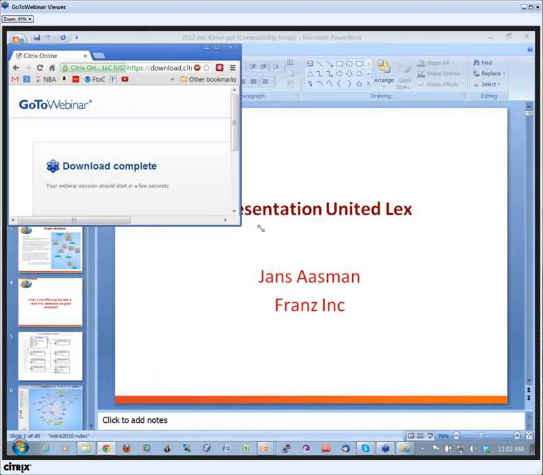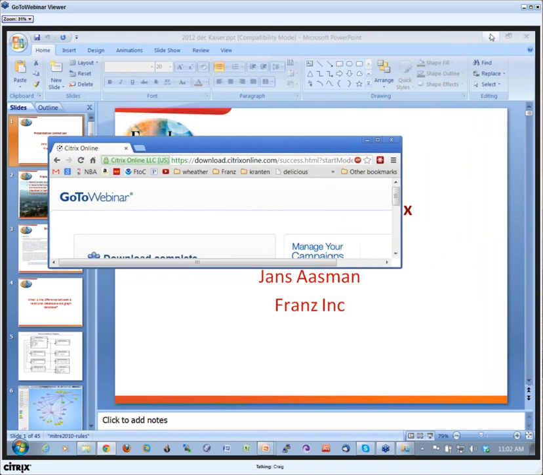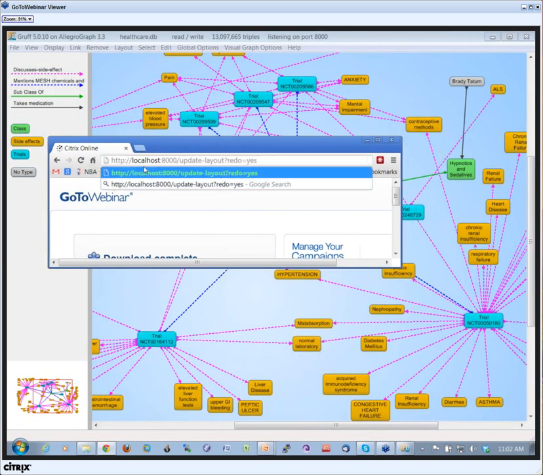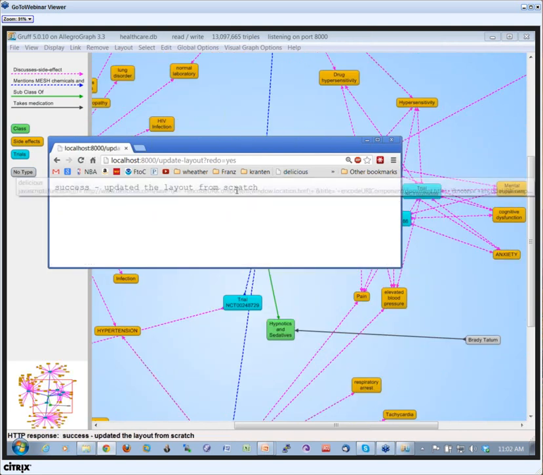This is the thing I want to do. Yeah, so now let me show Gruff. So here we say localhost 8000 update layout redo is yes. Yes. So I'm using the browser to talk to Gruff, and I do this, and you see it was redoing